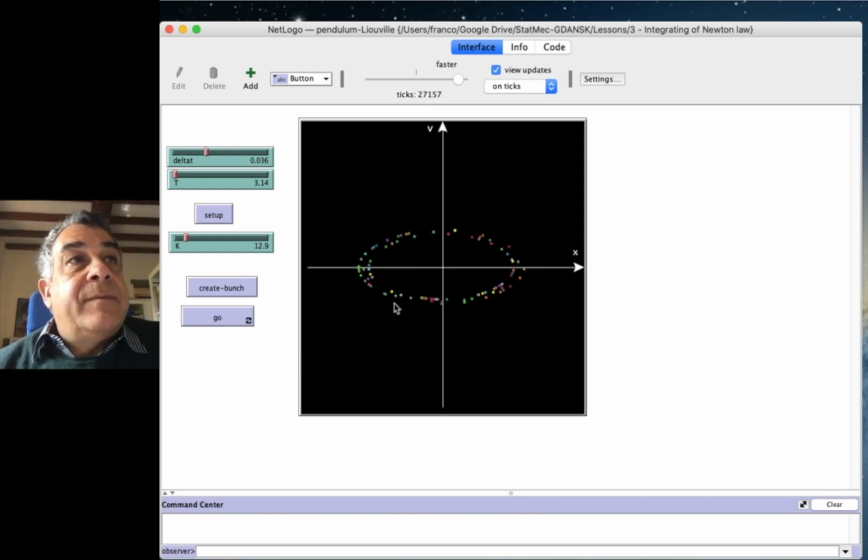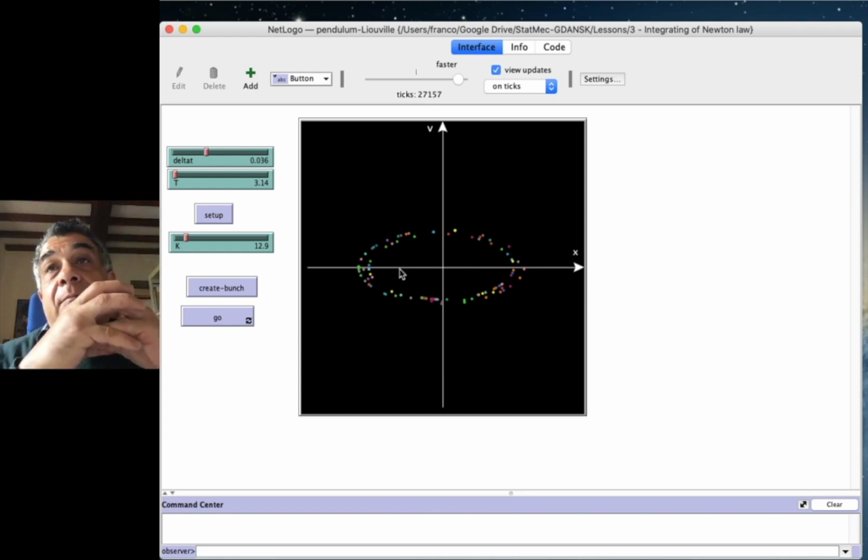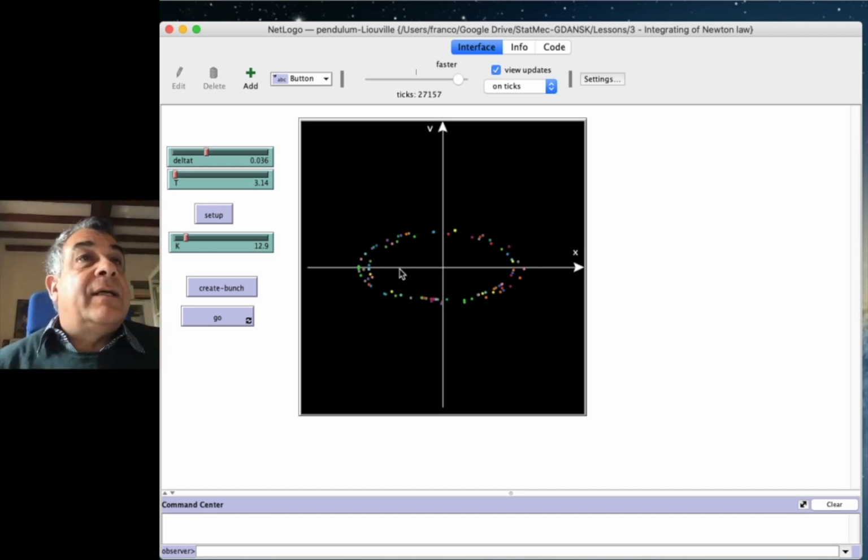Clearly, I'm integrating this so I can make some error in the energy, but the initial bunch does not have the same energy. They are distributed at random,